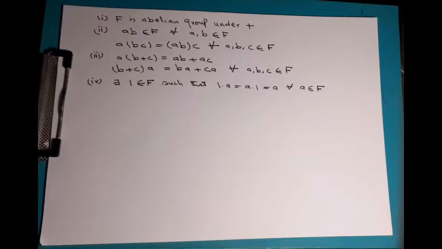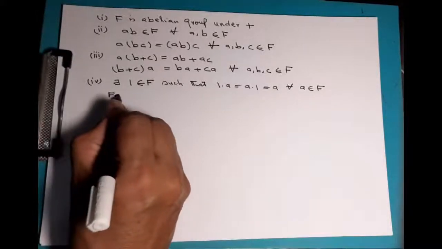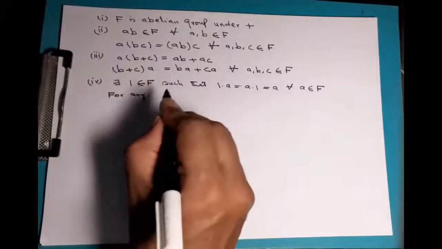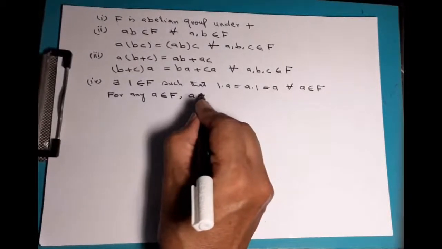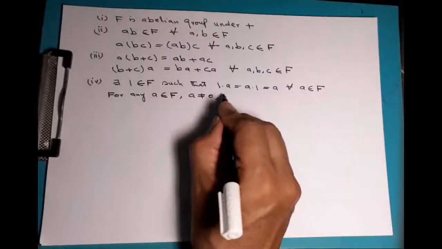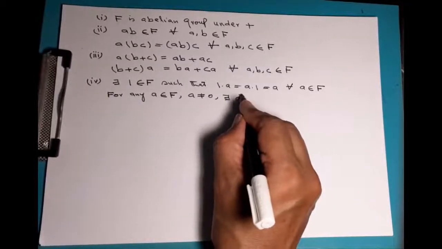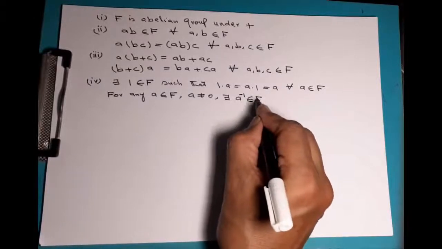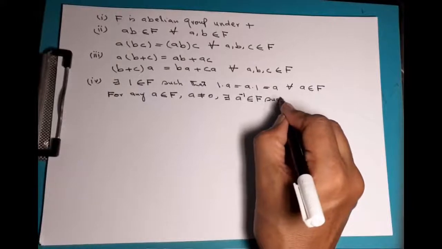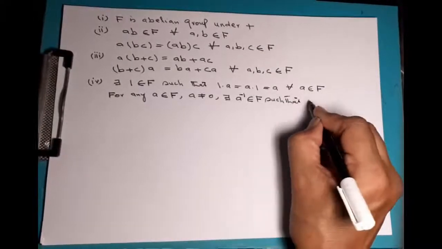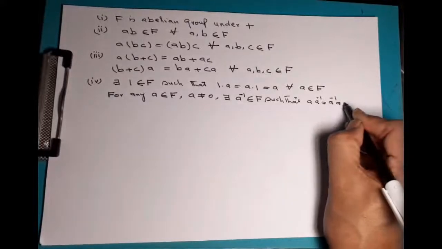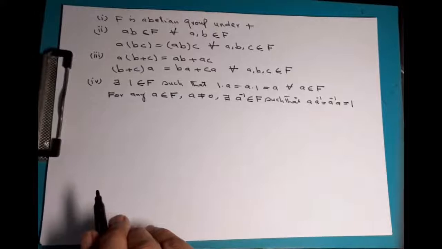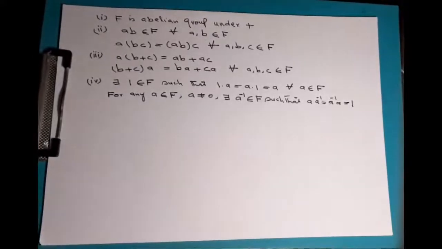Then we must have inverses of non-zero elements. So for any A belonging to F, A not equal to 0, there must exist an element, we denote it by A inverse belonging to F, such that A multiplied with A inverse is equal to A inverse multiplied with A is equal to multiplicative identity, which is 1. And thirdly,